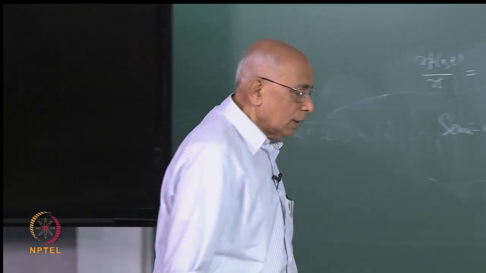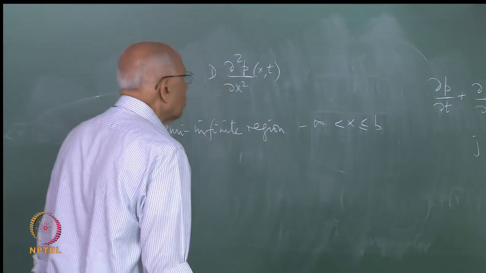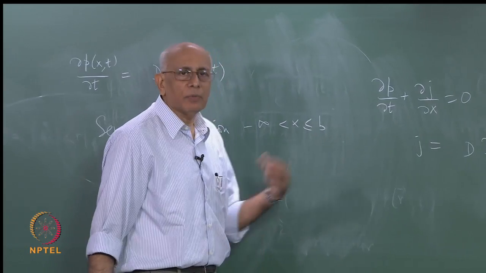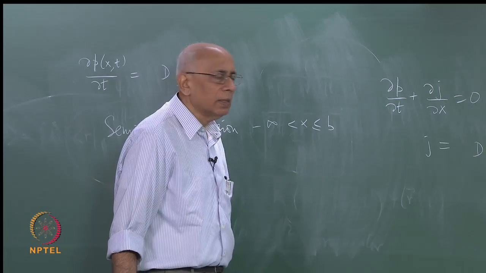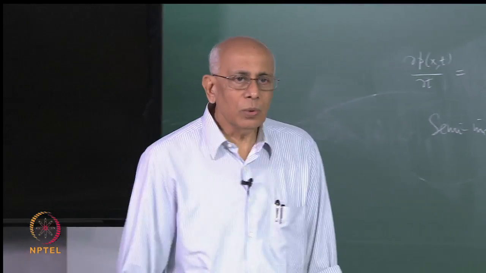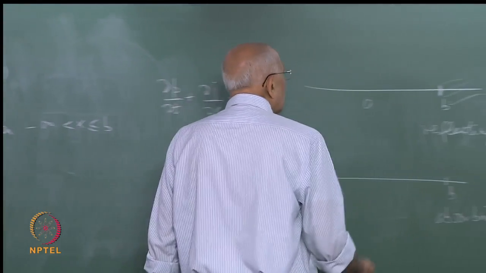Now the point is, you can solve this problem in many ways. The most common ways would be to either do separation of variables or to do the method of images, etc. Now the method of images is familiar to you from electrostatics. What you do to ensure that the flux is 0 at that point is to say that you have another